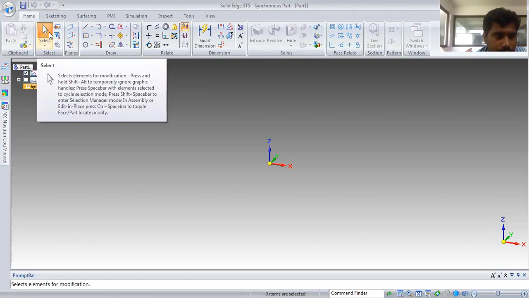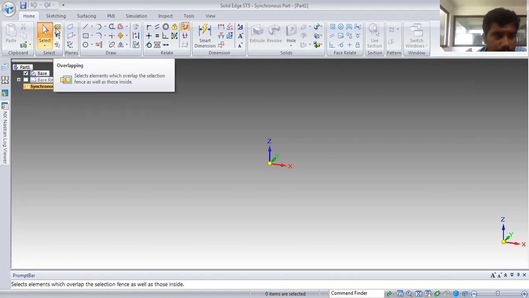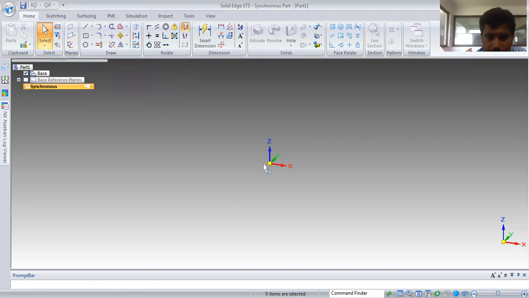Next is the Select button, where you can have various overlapping selection filters and clear selection. Next we have coincident plane, more planes, and coordinate systems. We have the three coordinate axes over here, X, Y, and Z.